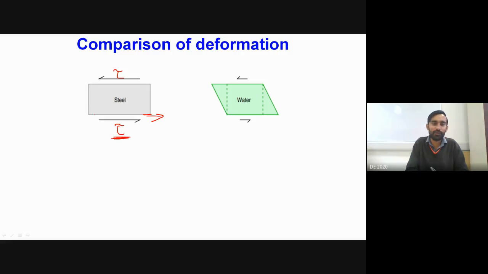If any force is applied in a direction perpendicular to the plane of the object, that particular stress we call normal stress. And anything which is parallel to the plane, that we call shear stress. Okay, so what I am considering is one solid object, one steel object, and this object is subjected